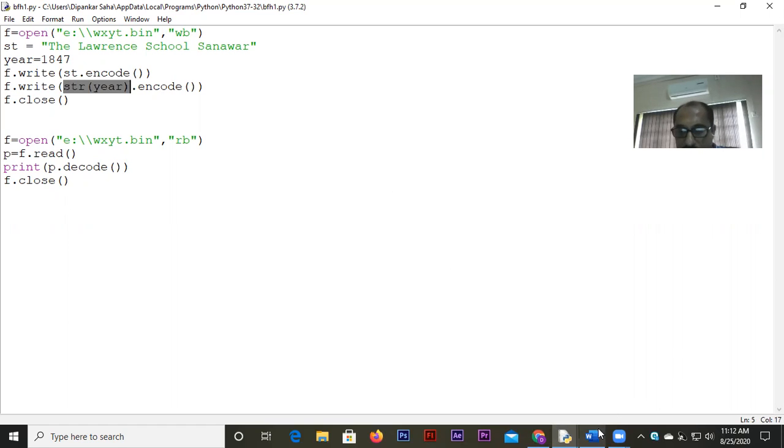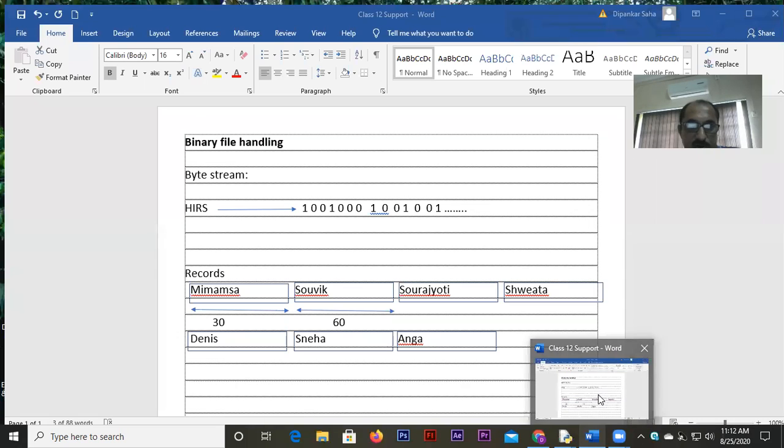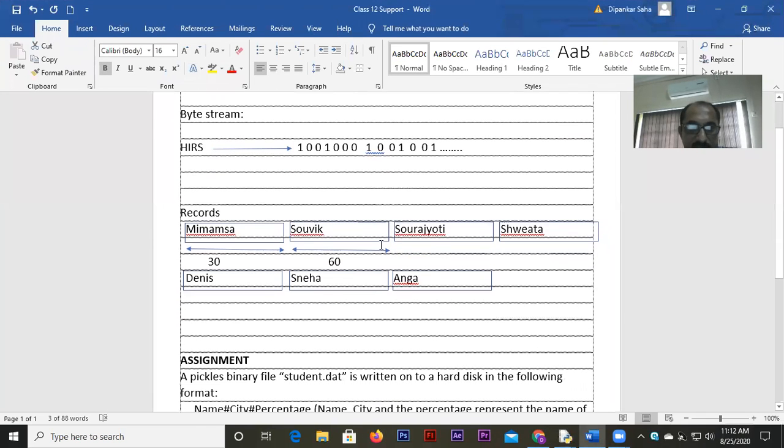If I give you an example, I drew a diagram so that I can explain things better. This thing is called a byte stream. What is a byte stream? For example, HI, this data I have to write onto a file in binary form. So look at this. What is the ASCII code of H? The ASCII code of H is 72, and this is the binary equivalent of 72. Then comes I, the next character, so it is 73. This is the binary equivalent of 73.